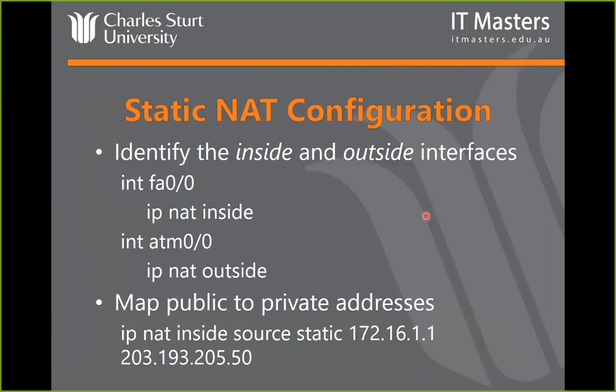Now, as it does that, the router will dynamically do the translation. It will also have a static entry in its translation table, which builds that connection. And then traffic coming back into the router, when it hits 203.193.205.50, will then be unnatted back to 172.16.1.1. So it just sets up a static translation, one IP address to another IP address outbound. And then on the inside, when the traffic comes back in, it's simply untranslated, or de-NATted, and sent back to that private inside address.